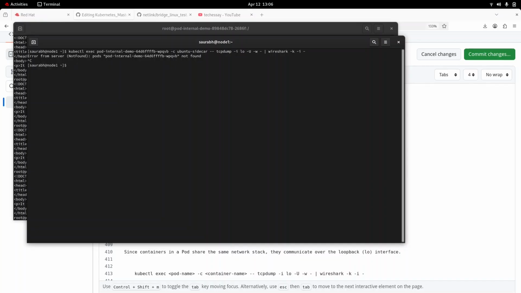Let me create a FIFO queue, so we will create a queue, FIFO basically. The name is capture. Okay, so here we have created the capture FIFO, and what we'll do, we will just